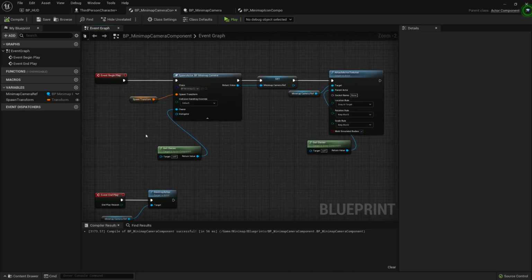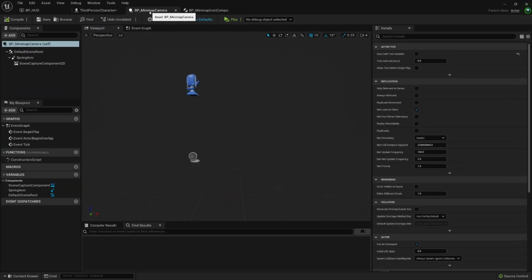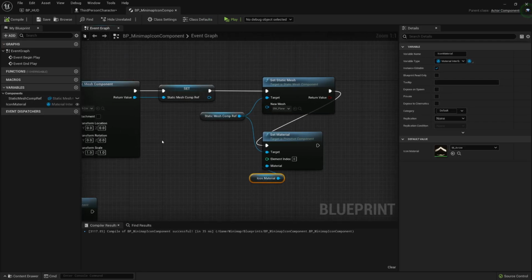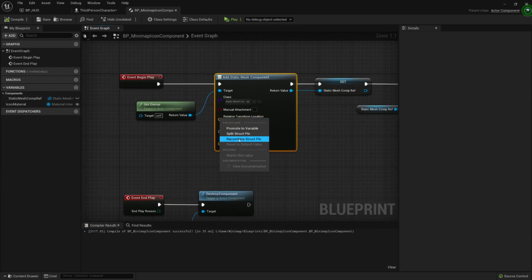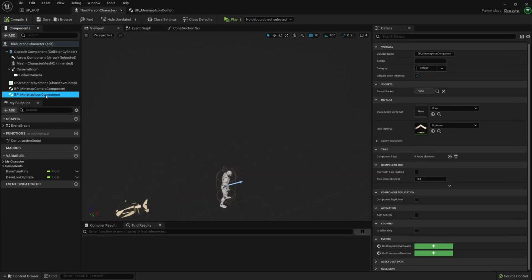And I don't know where my material went. Oh, this is the camera. This is the wrong place. But minimum, I'm gonna close the camera because I'm already done with that. Let's save it. Grouping this also. Here, I'm gonna recombine variable, and now let's call it spawn transform. Now, instance editable, save it, compile it, and here in my minimap,